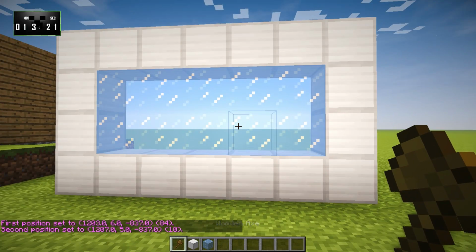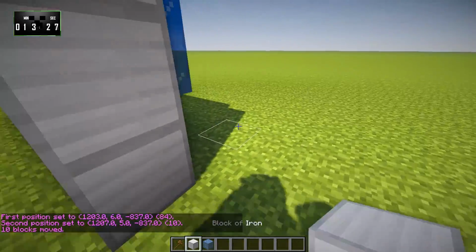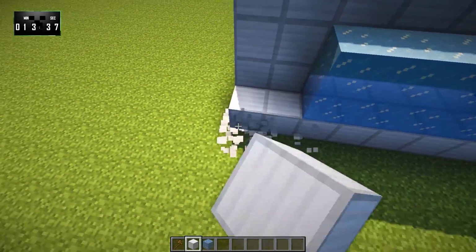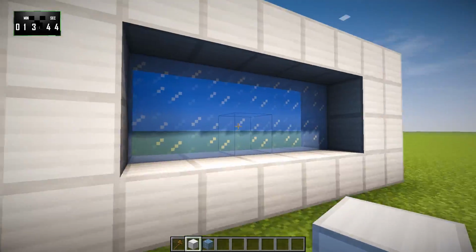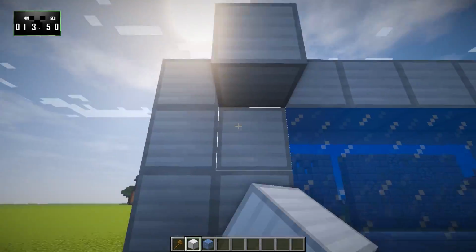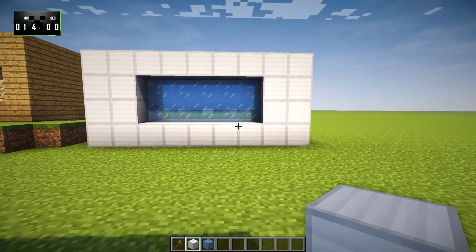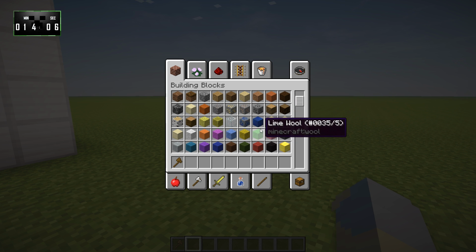It looks even better if you push that back 1 block and then basically make your walls 2 blocks thick, right? So we'd have this whole area covered like that. There we go. So we'd have something like this, and ideally it would actually be 3 blocks thick because you'd want the same effect of that depth on the inside. But ice and iron go very well together if you're looking to make something kind of science fiction-y or futuristic or whatever. Another effect that I like...